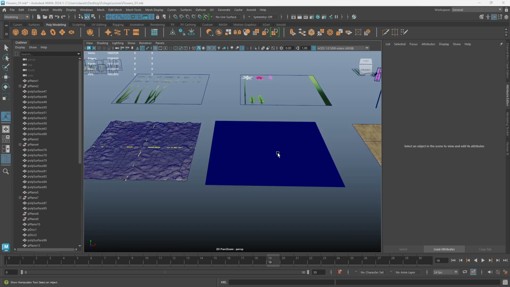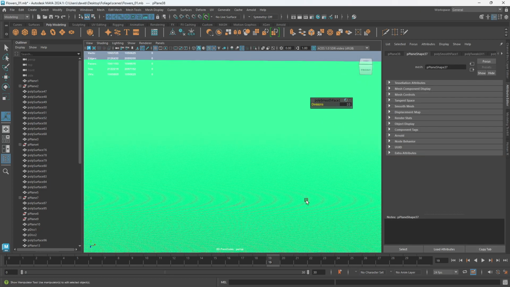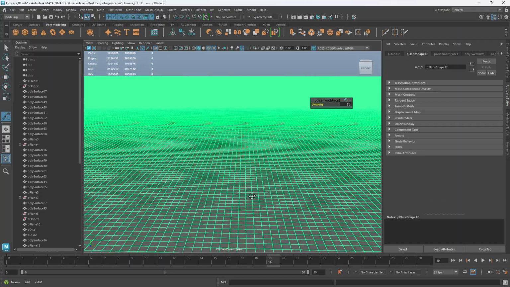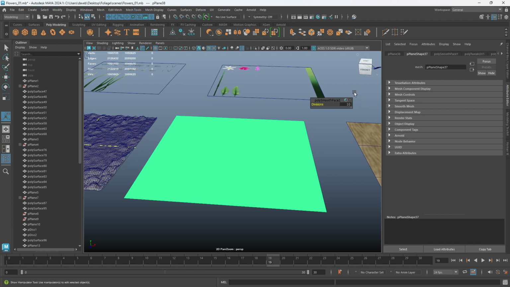Okay, so I've got another piece of terrain here that's incredibly dense. This is divided 10 times, just to show off what you can do. So if we're zooming around in, you can see these are really, really small faces. And I've downloaded a height map off the internet. So if I go to deform again, texture again,